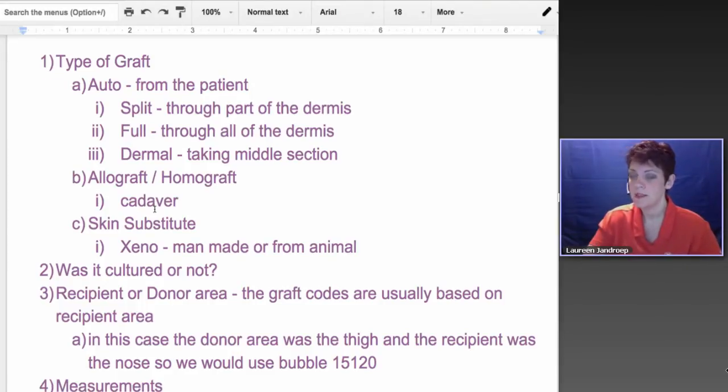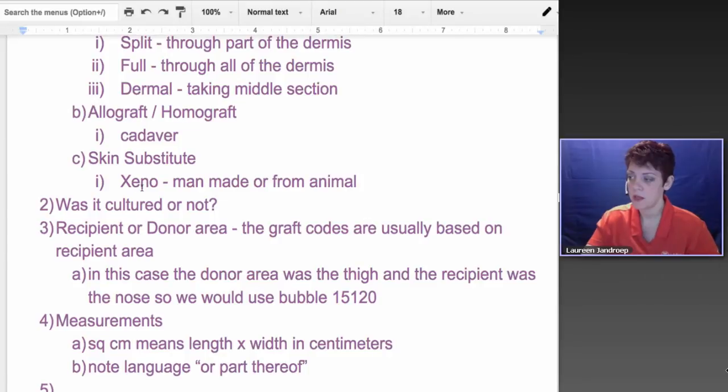Then we've got skin substitutes. That uses the medical term xenograft. Xenografts can be like an animal graft, like porcine comes from a pig, and then there's these man-made. They actually use material that is totally not organic or biological. So just be aware of those differences so you can abstract for that in the reports. You'll also see in the skin grafting section